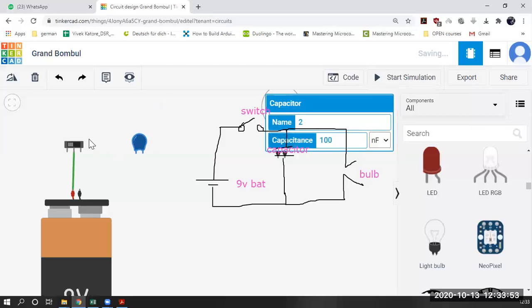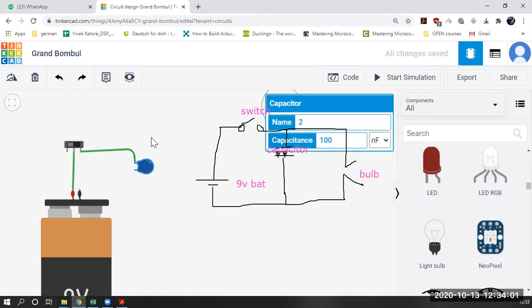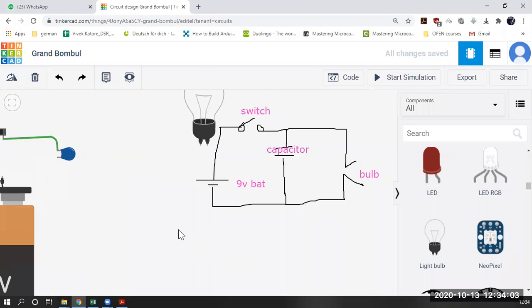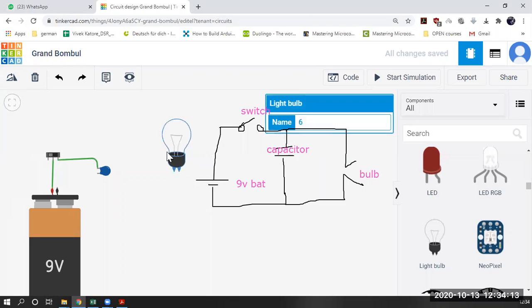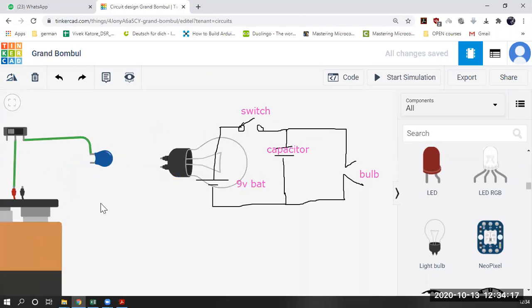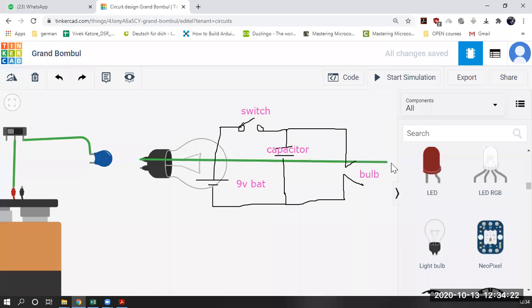So after the switch, I'm trying to draw exactly like the circuit. Okay, like this. Now you can see I wanted to take wire from this side. मुझे यहाँ से connection लेना था and from this I wanted to connect to the bulb. But if I try to connect like that, the Tinkercad won't accept any kind of connection. See, if I want connection, I'm connecting here, right? So from this, I wanted to connect here, but it won't take the connection.